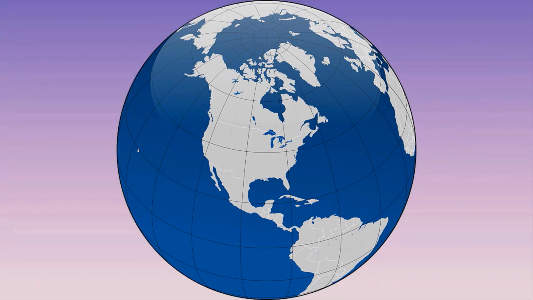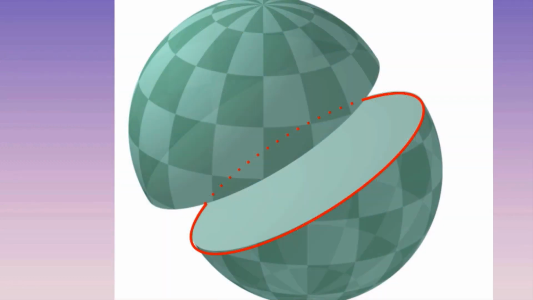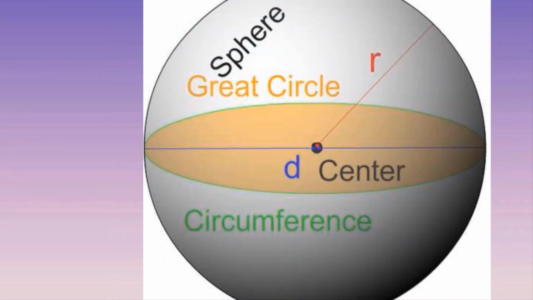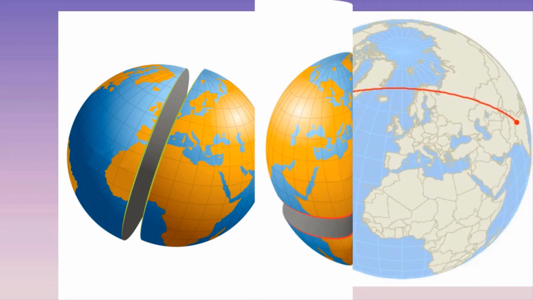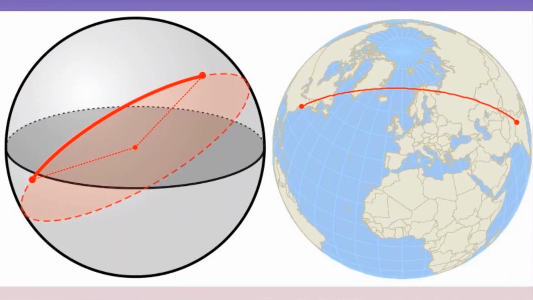There are some circles or lines on the earth: great circle, small circle, rhumb line, parallel of latitude, equator, meridian and anti-meridian. We will first discuss the great circle. A great circle is a circle on the earth whose center and radius are the same as the earth itself. It is the largest circle on the earth, that's why we call it great. The great circle track follows the circumference of the earth's surface.